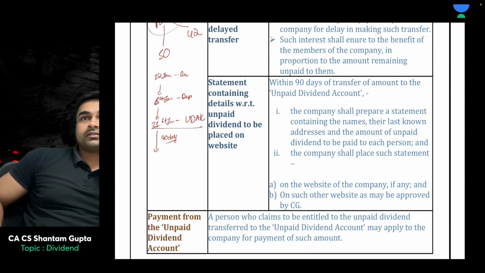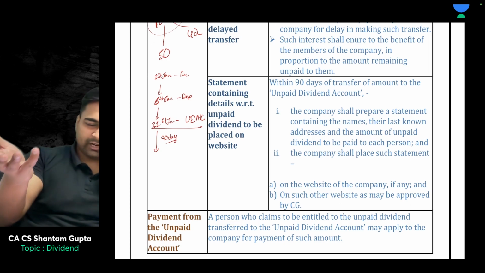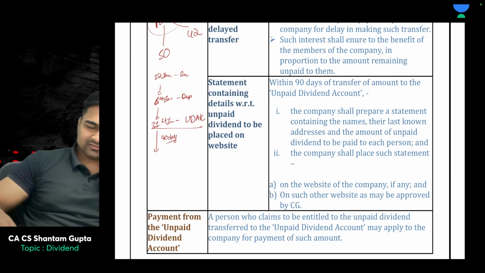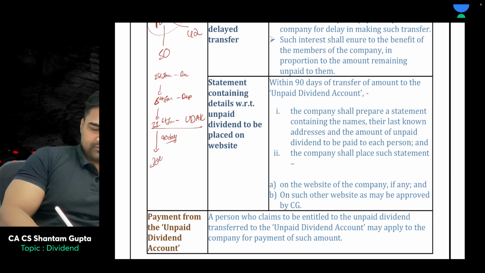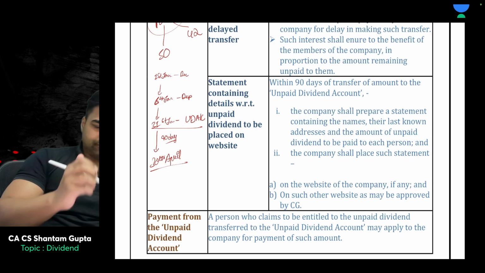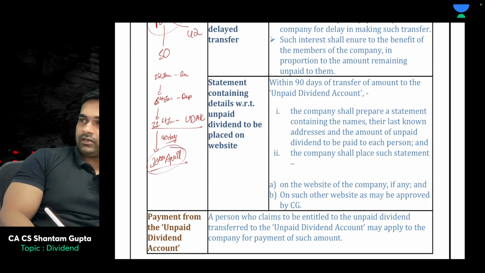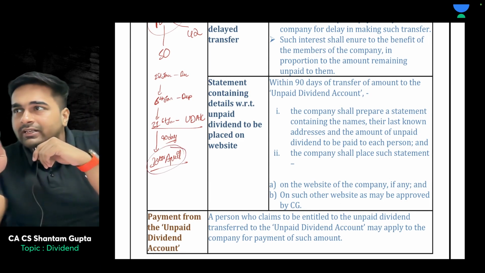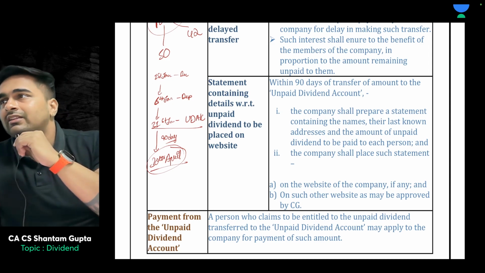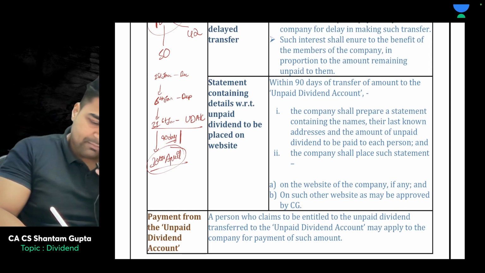Check now and calculate the rough date. Tell me. 30th April. Okay. I am not going into exact dates. You can calculate for yourself. 90 days, 30th April. By this 30th April, I am asking the company that within this time period of 90